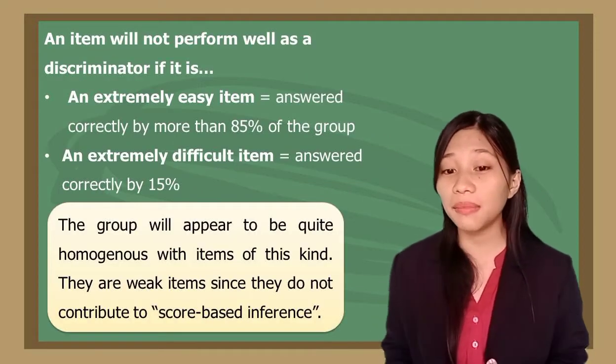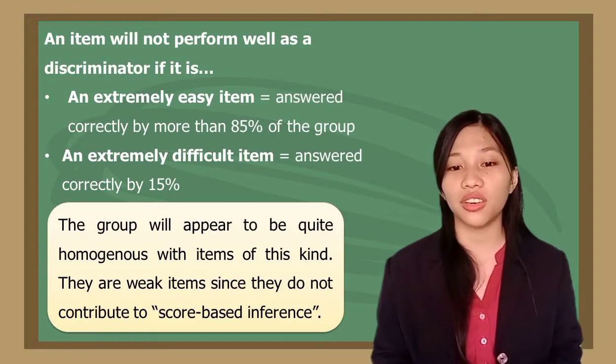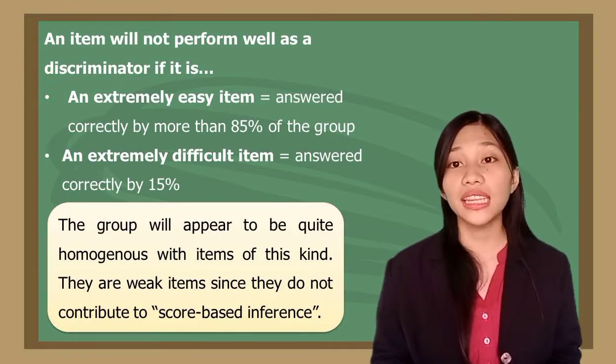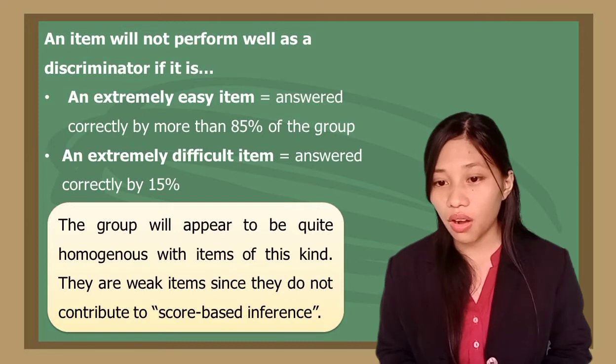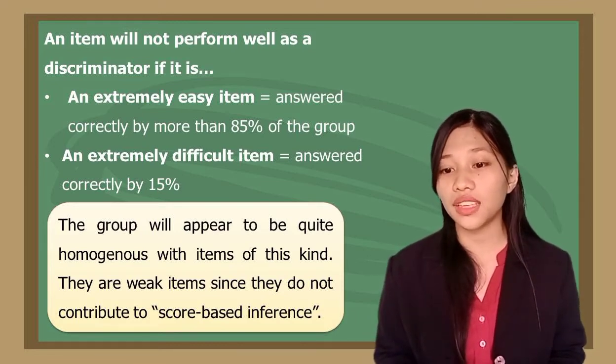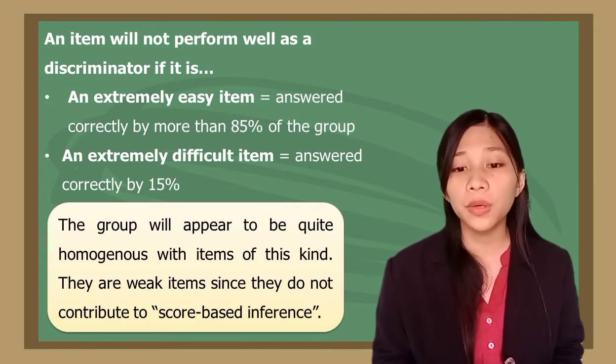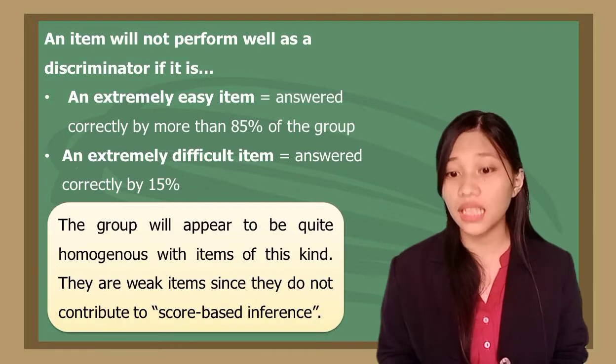However, an extremely easy item, that which can be answered correctly by more than 85% of the group, or an extremely difficult item, that which can only be answered correctly by 15%,